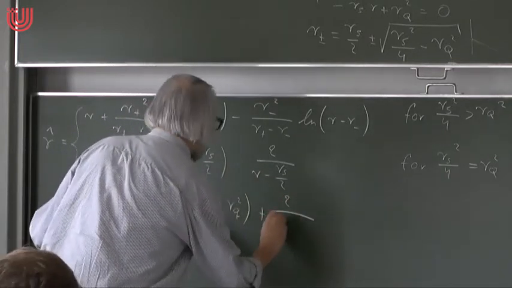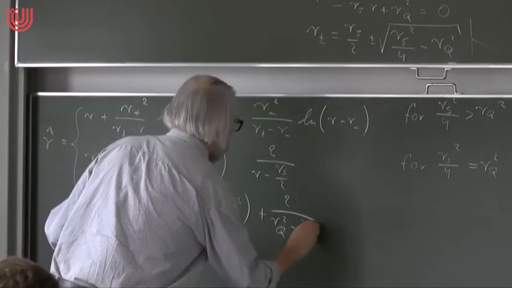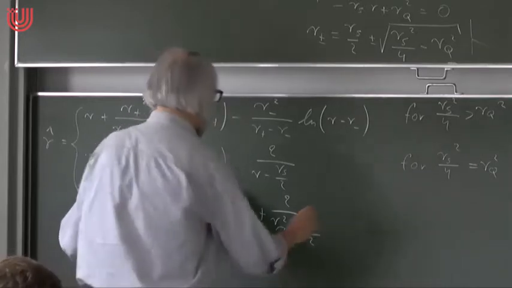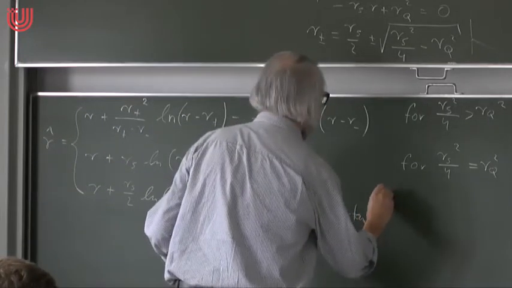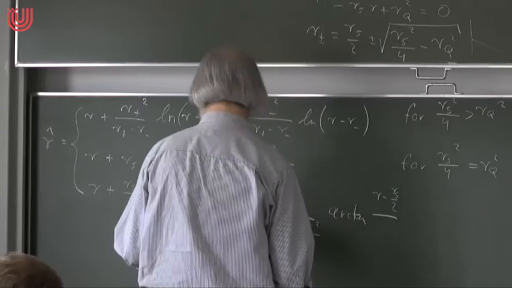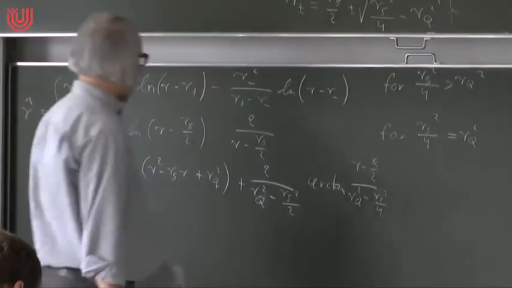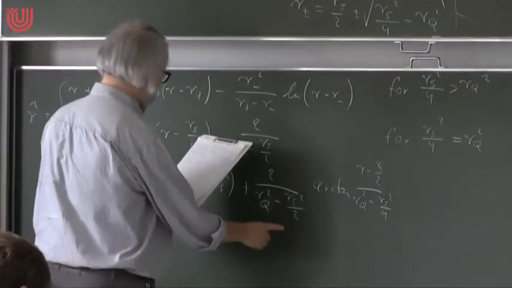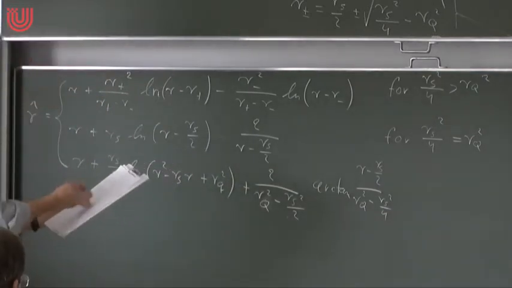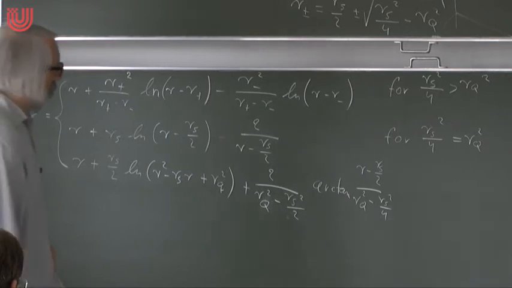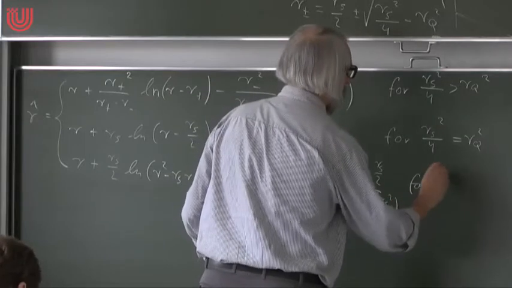2 divided by R_Q squared minus R_S squared over 2, times the arctangent of R minus R_S over 2, divided by R_Q squared minus R_S squared over 4. I have a 2 here. Maybe it's a writing mistake, I'm not sure. I have a 2 definitely here in my notes, but it might be a 4. I check again. Okay, this is for the naked singularity case,